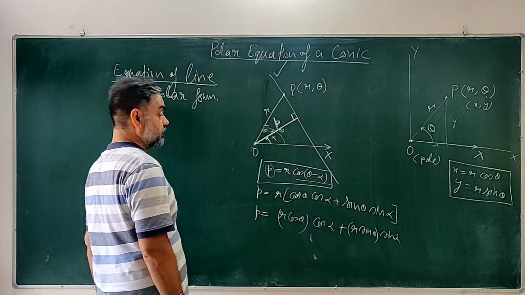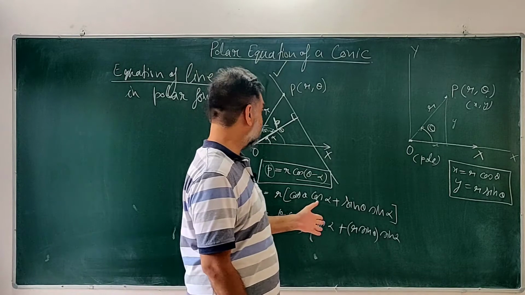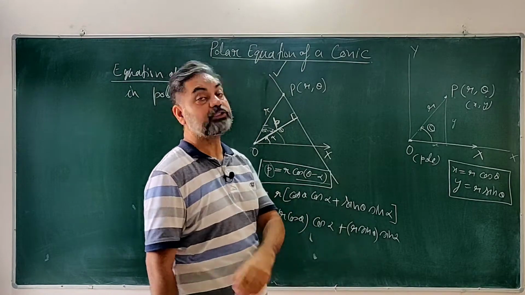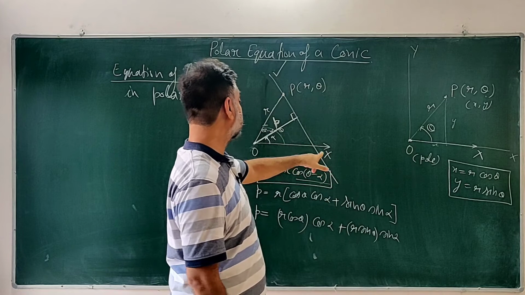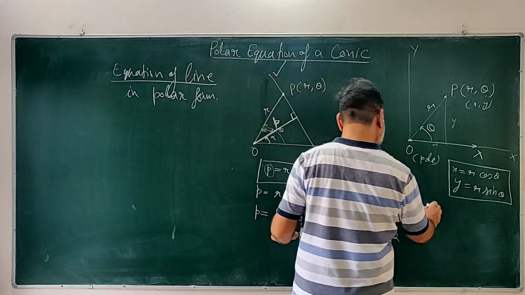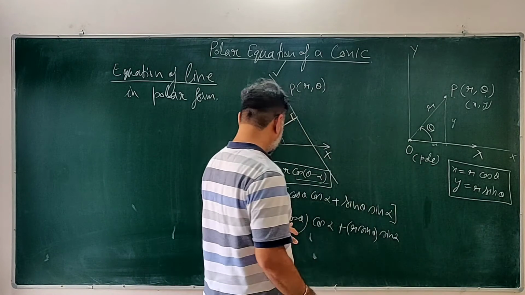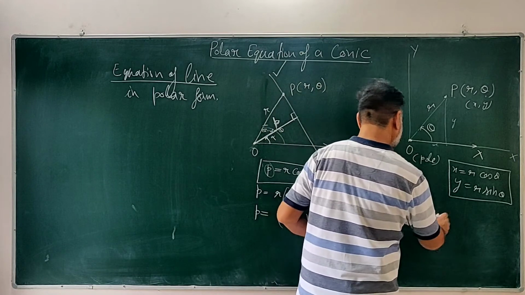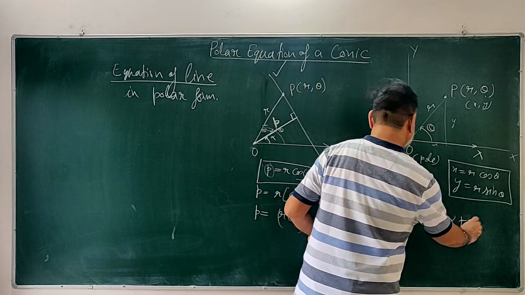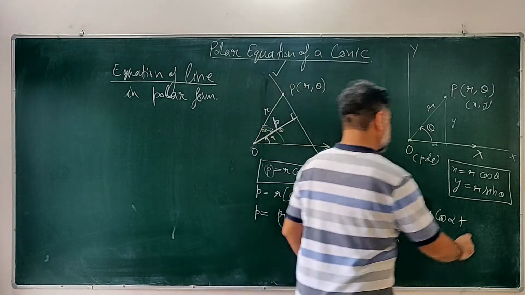If you want to use the Cartesian coordinates to write the equation of this straight line, this equation would be x cos alpha plus y sin alpha